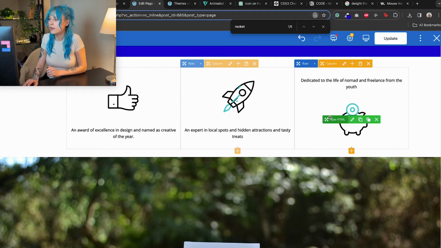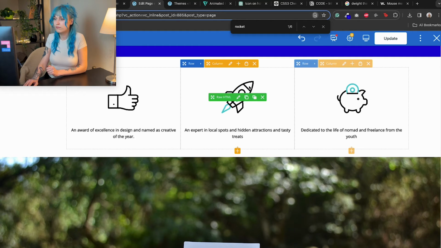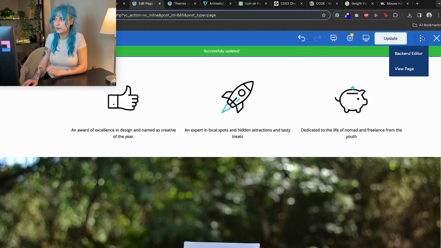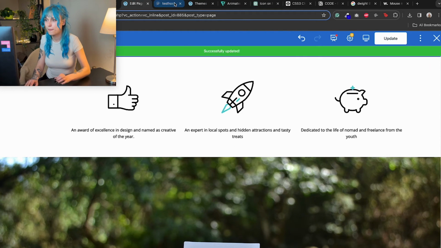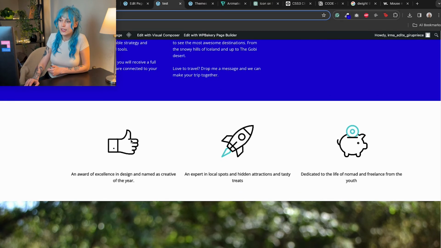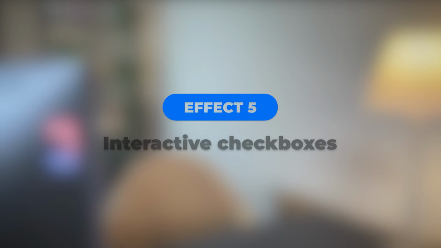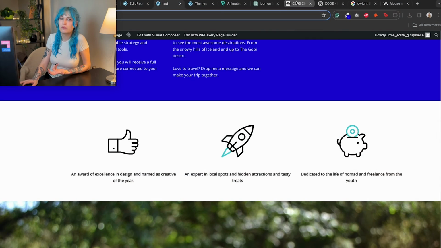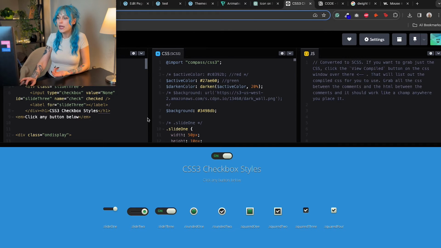Yay! And now we have all three. I know it's not as smooth and as quick as the one in the example, but still pretty nice. Pretty nice, I think. Okay, the next one I found just by browsing through CodePen, and it was this selection